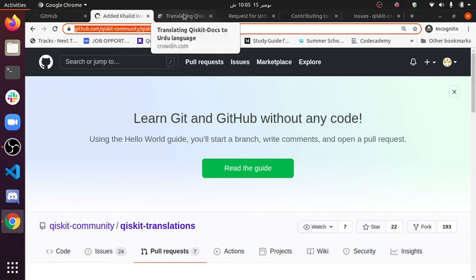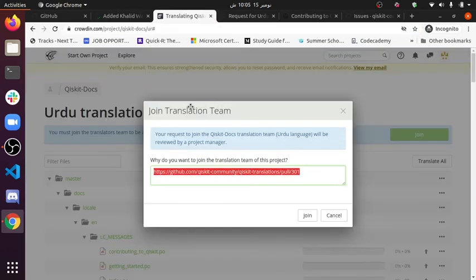Now come back to this Crowdin page, and simply paste it by Ctrl V. Okay, and click on the join button.